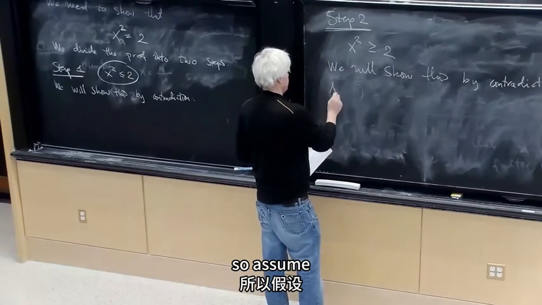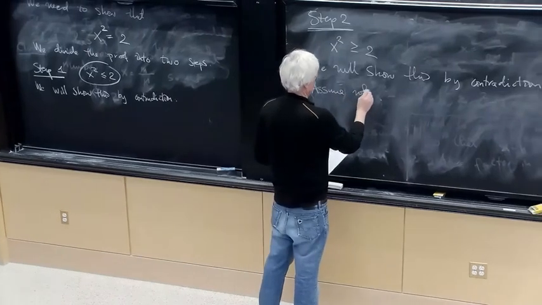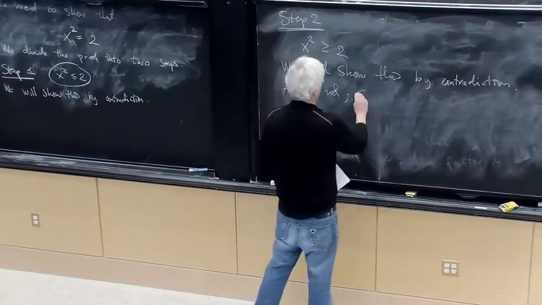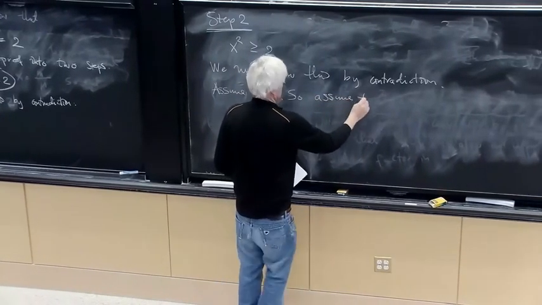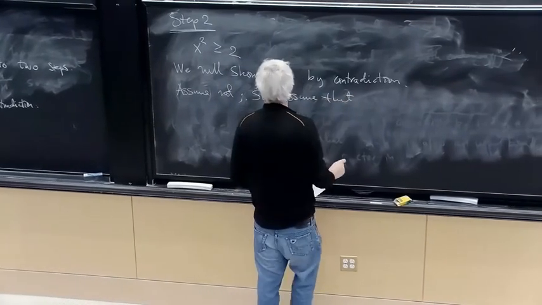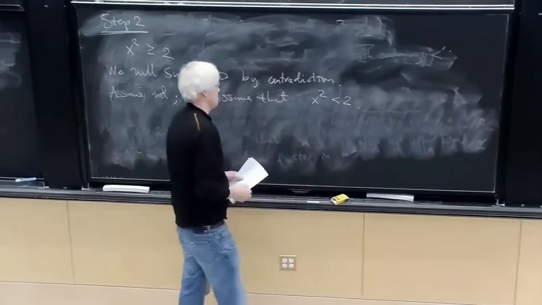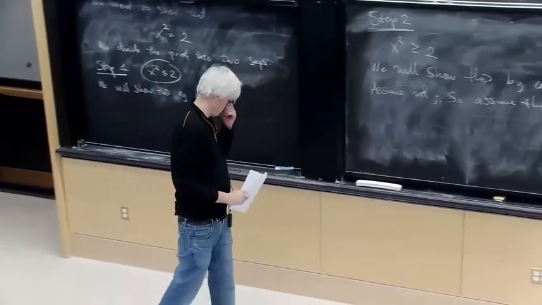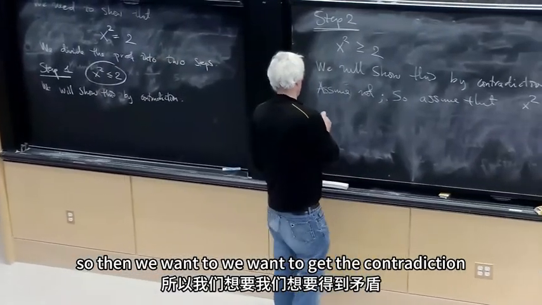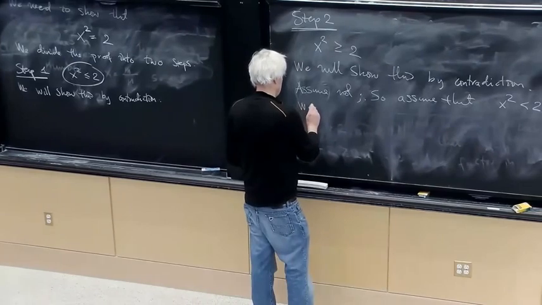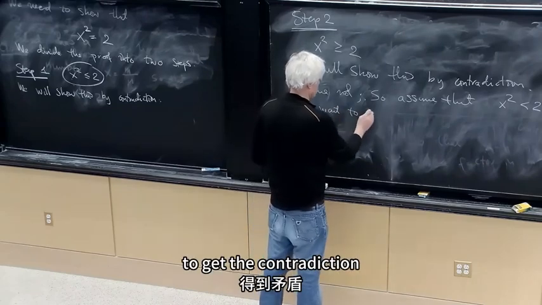So assume not. So assume that x squared here is strictly smaller than 2. Now we want to get the contradiction